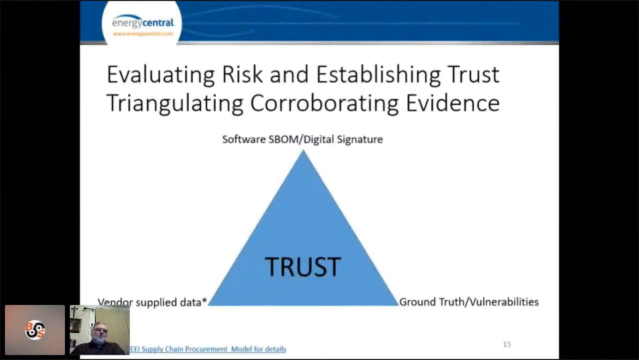So one of the difficult problems or challenges when you start doing these risk assessments with software and supply chains is how to determine or establish trust. So you need to evaluate risk and establish trust. And what these practices recommend is that you apply a triangulating approach to corroborating evidence. So don't rely on one data point to convince you that you can trust a software object. You really need to corroborate evidence across a number of